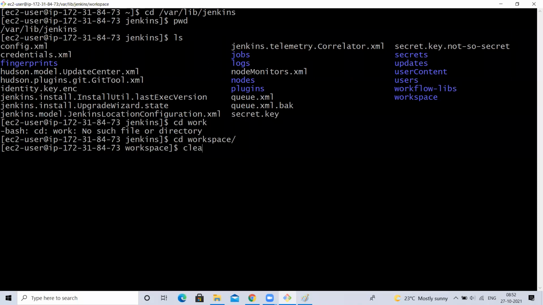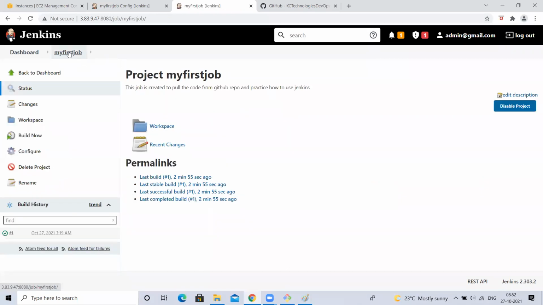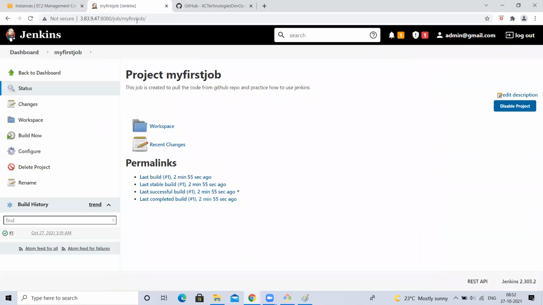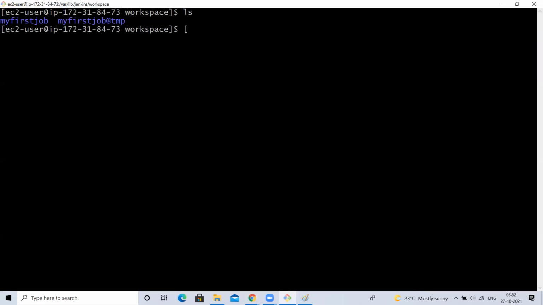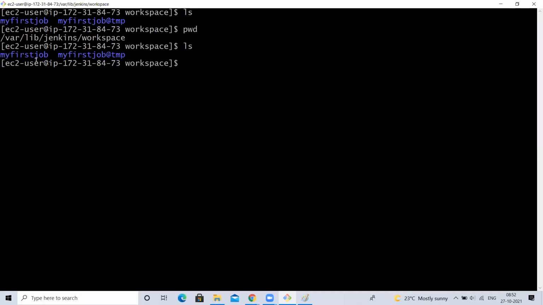Under this workspace, remember one thing: if you are inside your job, if you are using SCM and trying to clone the code, then what Jenkins will do is, under the var/lib/Jenkins workspace directory, it is going to create a folder with the job name, and inside the folder it is going to clone.